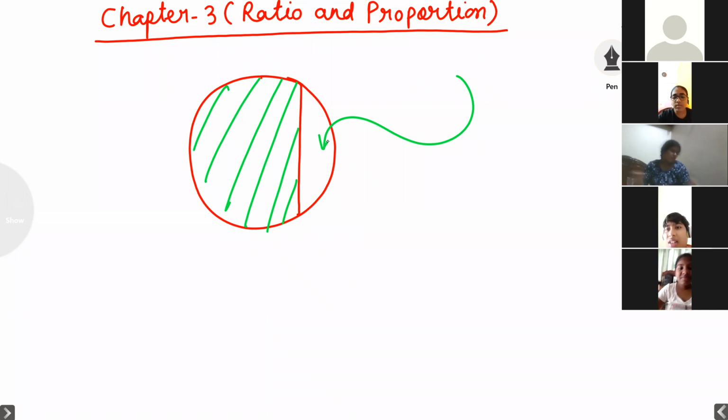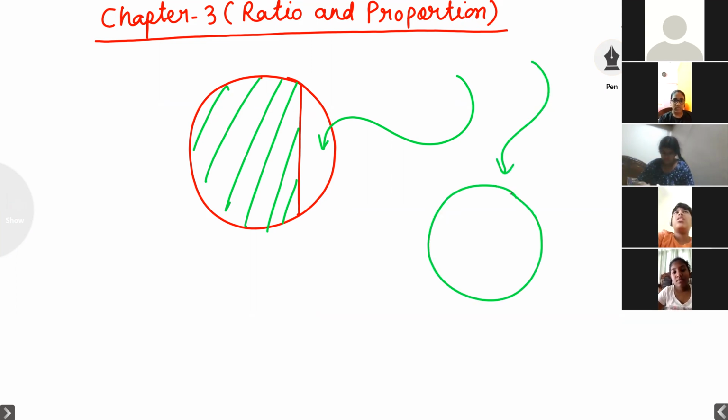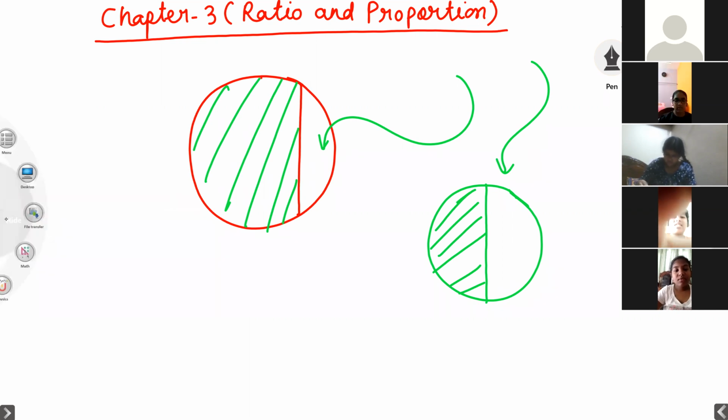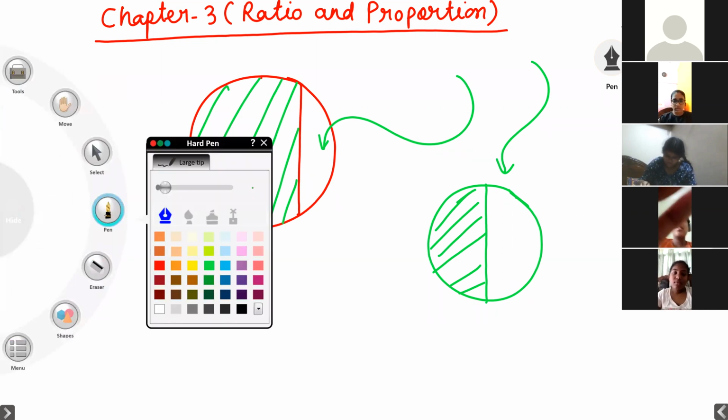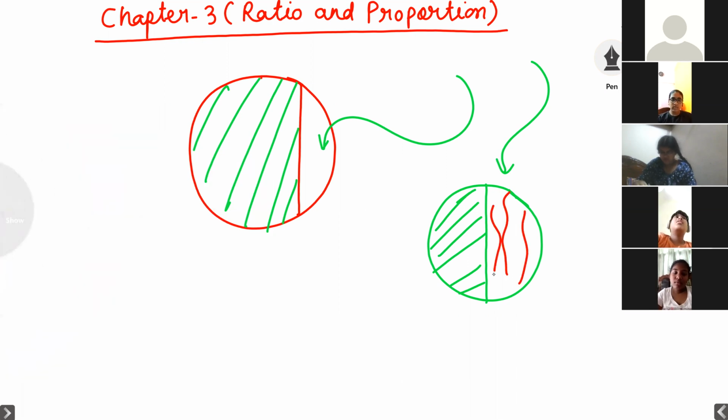This is not a fraction. Fraction means part of the whole, and each whole is divided into equal parts. Now his father came and said, okay, don't worry, I am bringing one more pizza, and this time there is no fight. Half the pizza you can eat, half the pizza your sister can eat. This is called a fraction. If we divide any item into two equal parts, that is called a fraction. Fraction is nothing but part of the whole, where each whole is divided into equal parts.